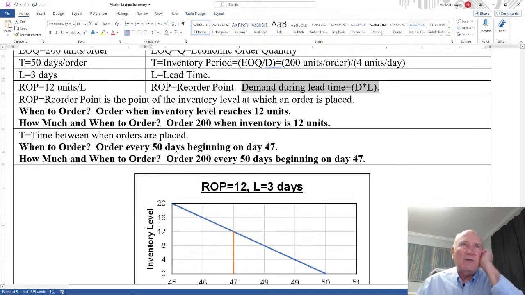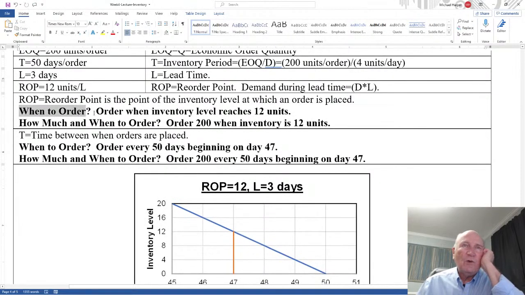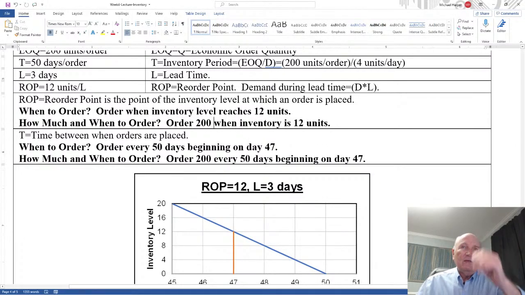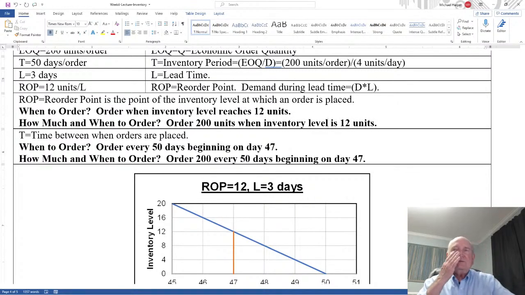Okay, ROP, a reorder point, is the point of the inventory level at which an order is placed, which is 12. When to order? Order when the inventory level reaches 12 units. How much do we order and when do we order? Now we'll put them together. I order 200 units when the inventory is 12 units. So I order 200 units when the inventory level